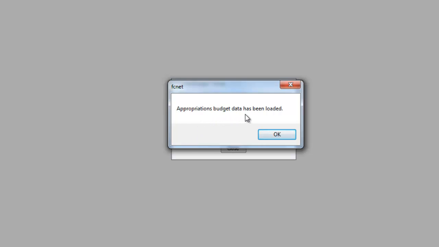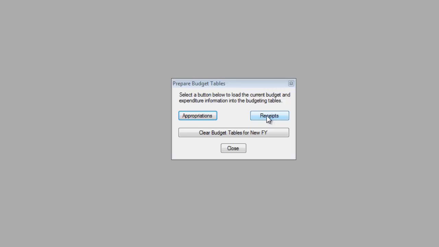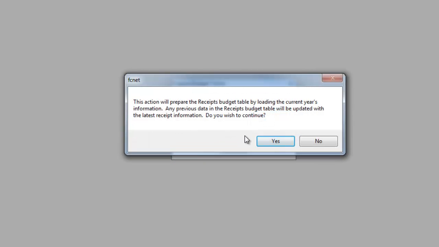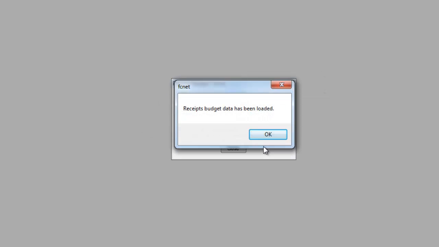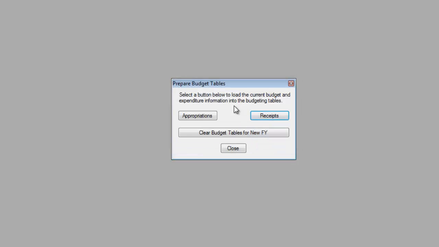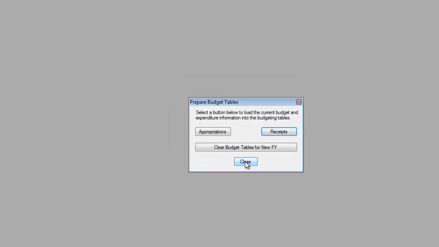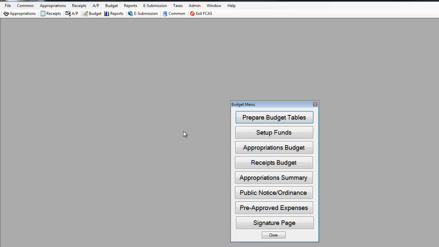Okay, now the appropriations budget data has been loaded. And we'll go ahead and do the same thing for the receipts. This is letting you know that it's going to prepare the receipts table. Again, give it a few seconds to do its work. Okay, now it's telling us that the receipts budget data has been loaded. So we're going to click on OK, and we're going to click on Close. Okay, now we'll come back to the budget menu,